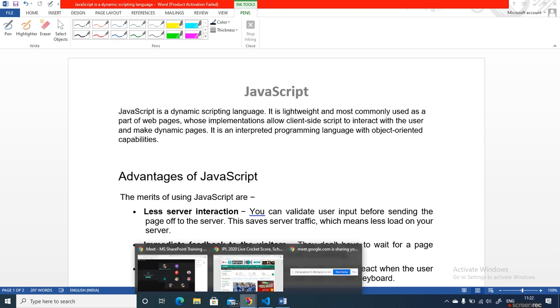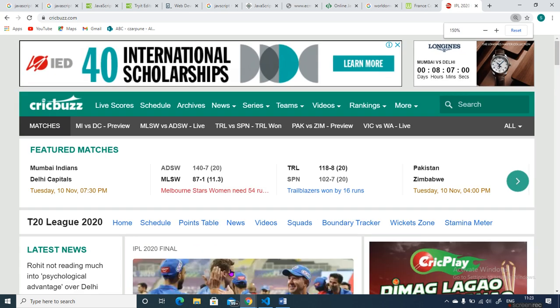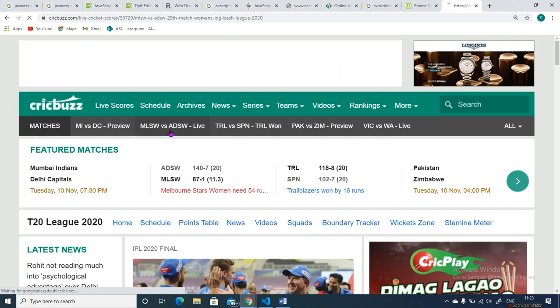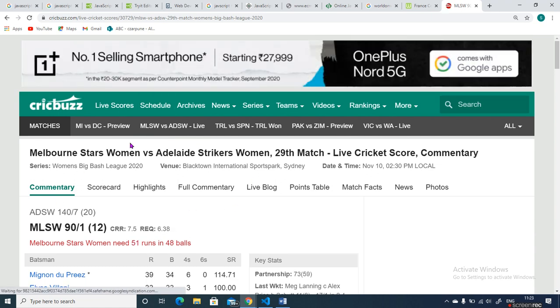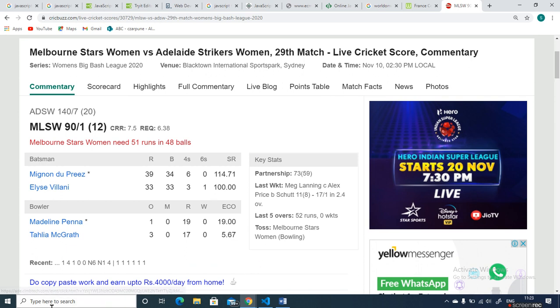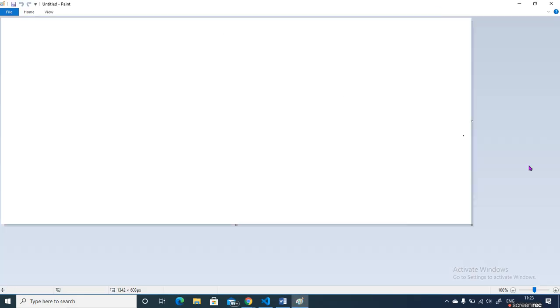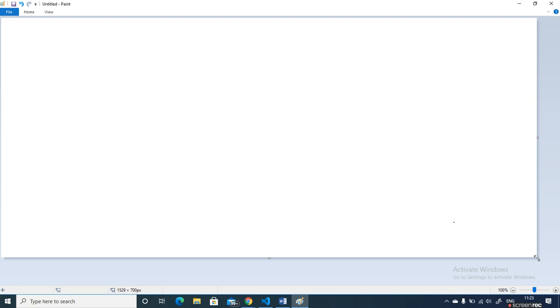If I click here, something appears here. As of now, we just worked on HTML and CSS, okay. But when we say JavaScript, it does the dynamic changes on a page.